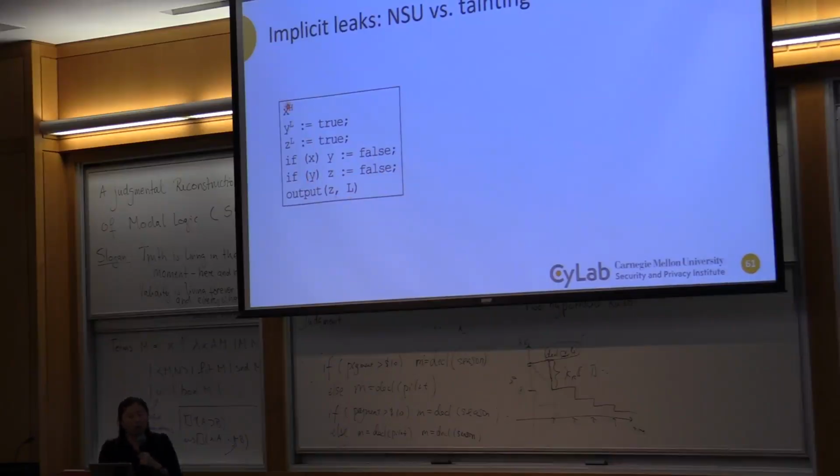When y is false, when x is false, this branch won't be taken. This branch will not be taken. And then, because y initially is true, I'm going to set this to false, but y is also low, so z ends up still being low, but set to false. Now I output false. So the output of this z is the same value as x. I'm leaking x. Even though I'm taking the branches, nothing bad is happening here.